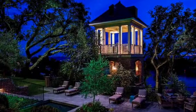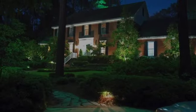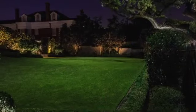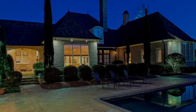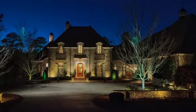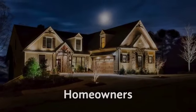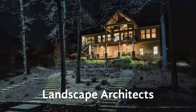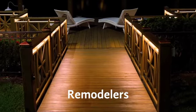Our lighting not only creates a cohesion of light across your property, but also acts as a major deterrent to intruders by eliminating any dark areas. PLG meticulously combines these two purposes to develop an ideal lighting system personalized to each client's individual needs. We cater to individual homeowners and also provide turnkey solutions for architects, landscape architects, interior designers, home builders, remodelers, and